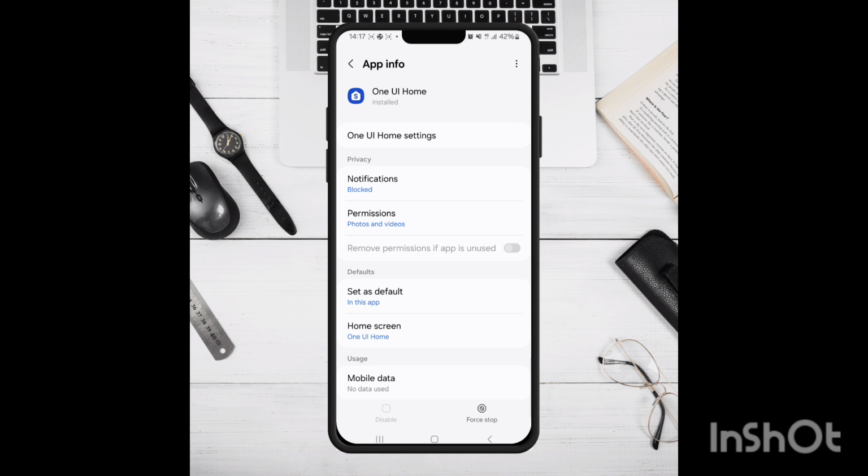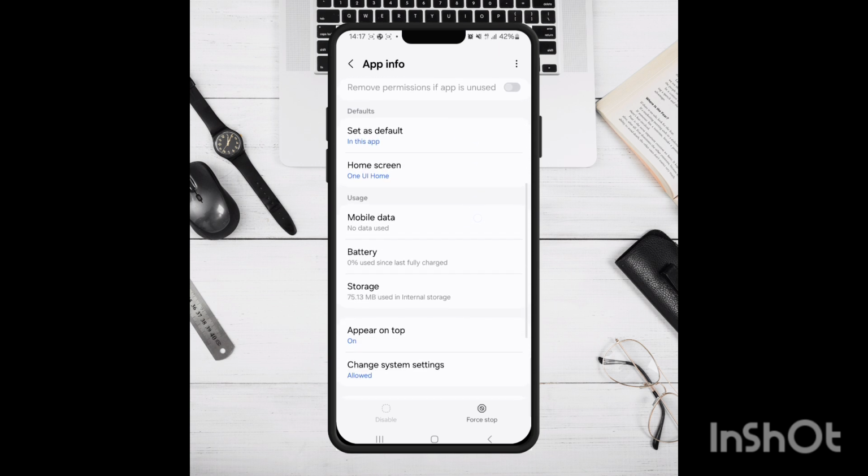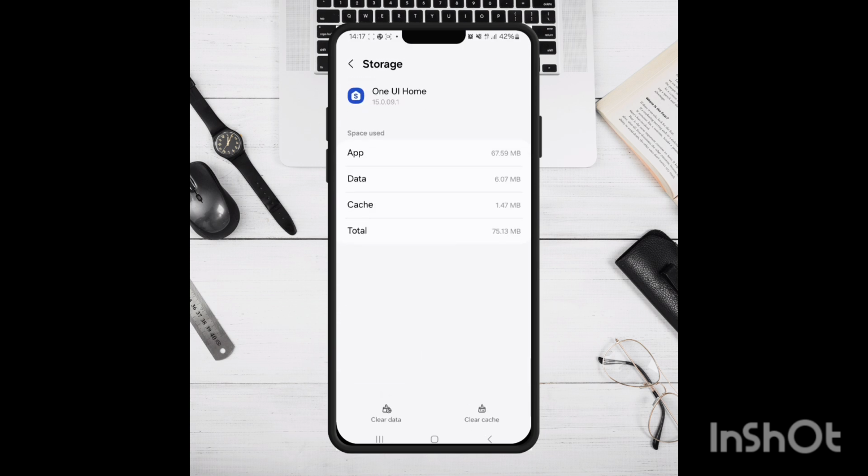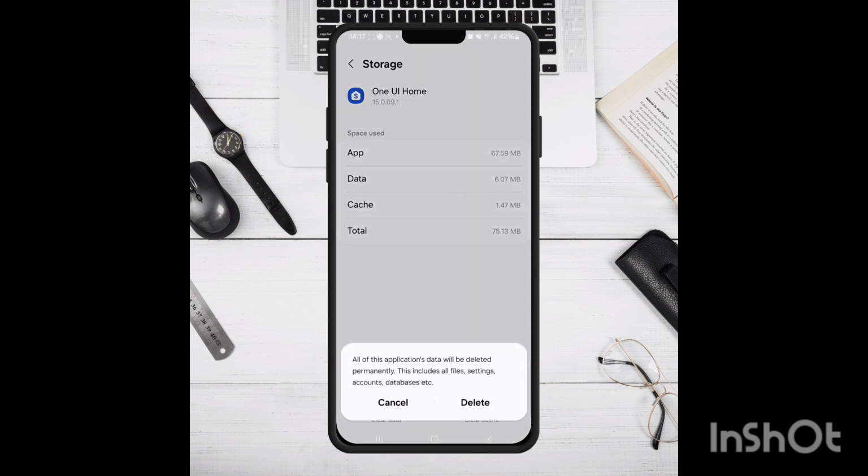So open that up and then come down and find the storage, and then in the bottom left you'll see you have the option to clear the data. That's what we're going to do. So delete it,